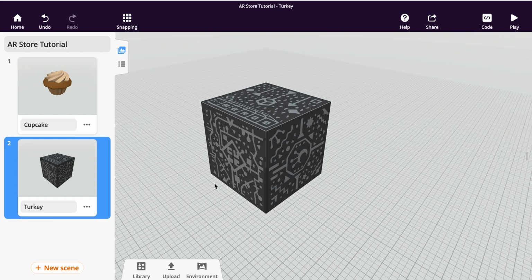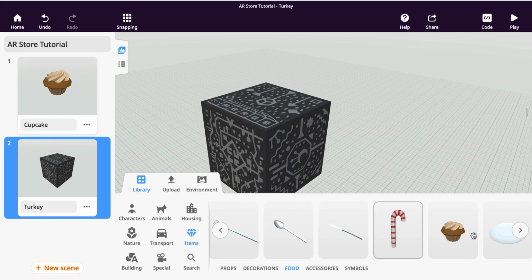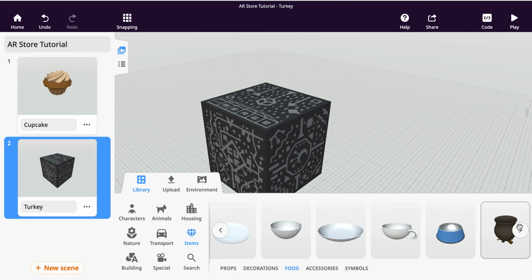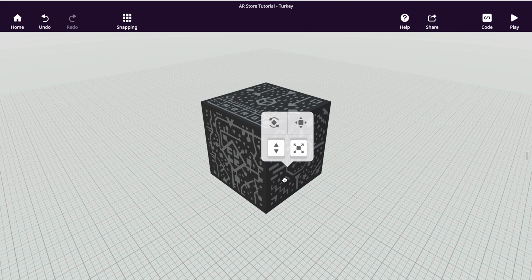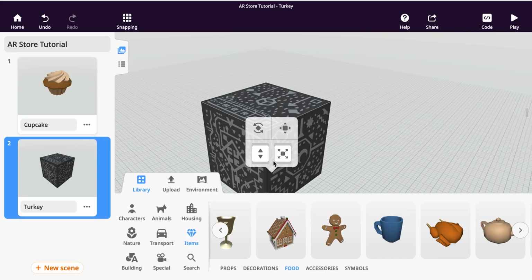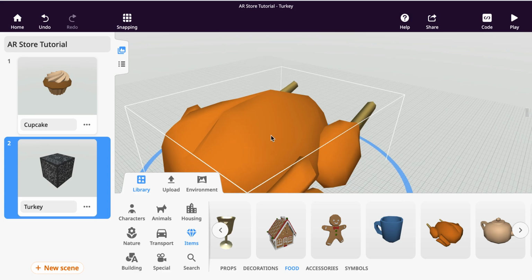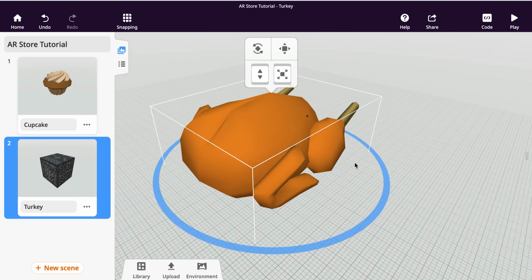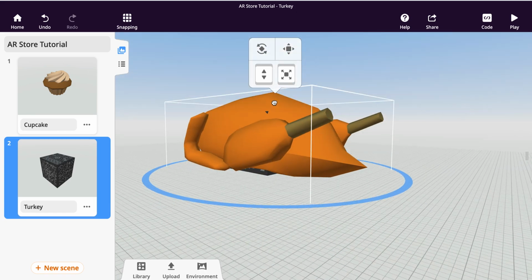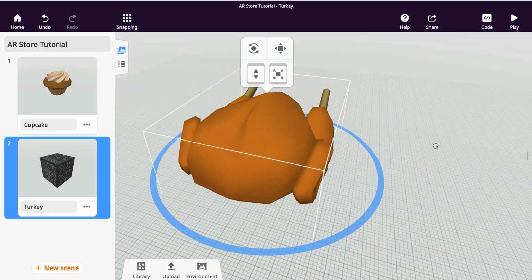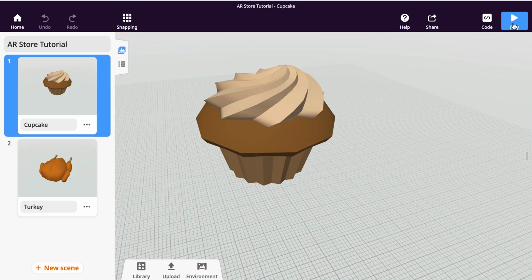In this new scene, I'll do pretty much the same thing. I'll go to my library. I will find the turkey somewhere in here. Drag it in. I'll resize it and try to center it as best I can. And there we go. Now, when I play this experience,